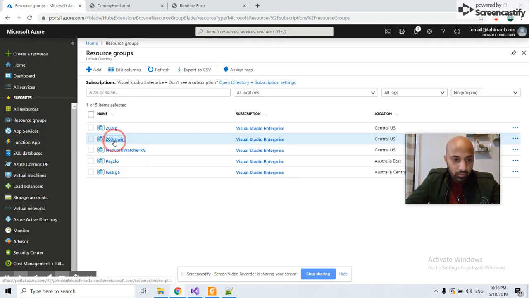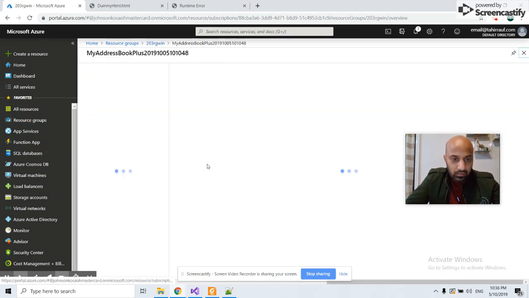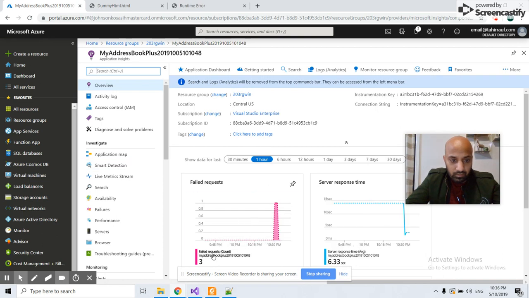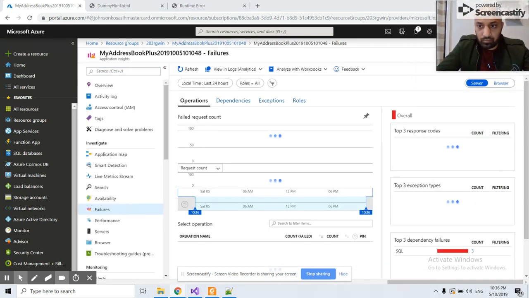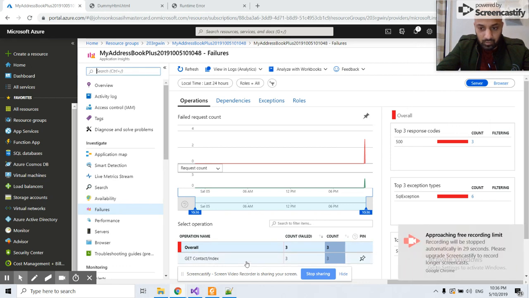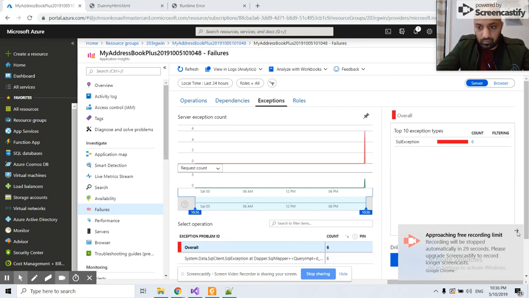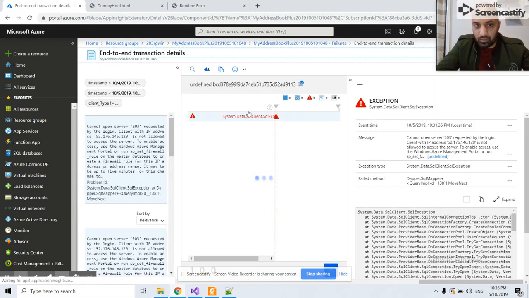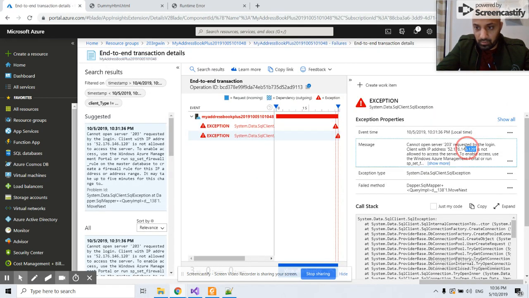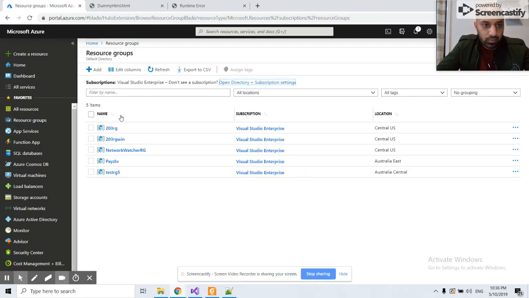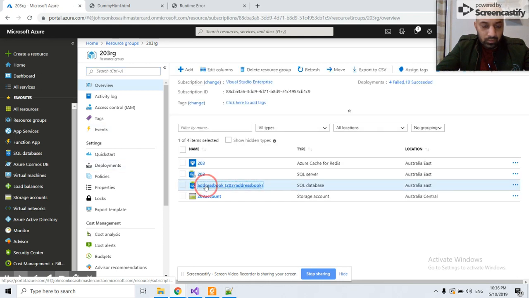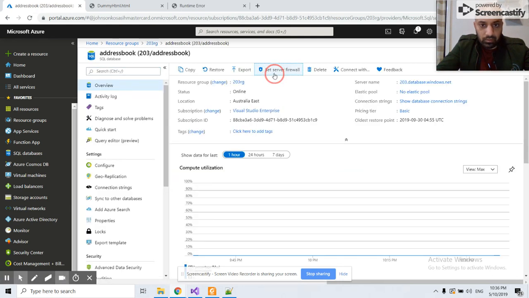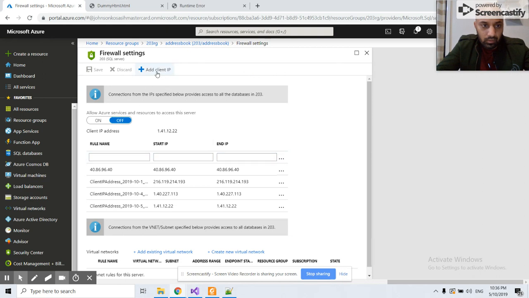So if I go back to the logs again, here, problem is here, go here, over here. Okay, so this is the IP. I'm going to copy this, go back to the resource groups, open the SQL database, set the firewall rule, and